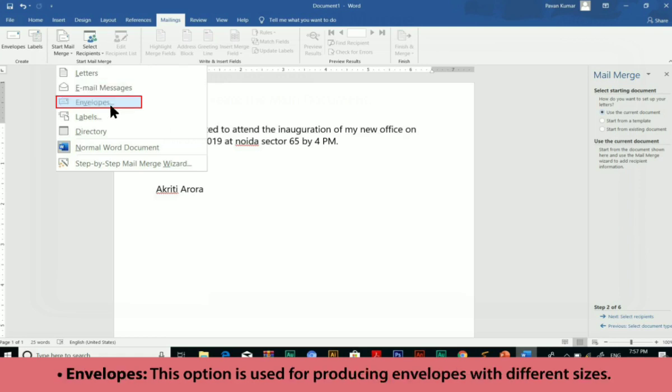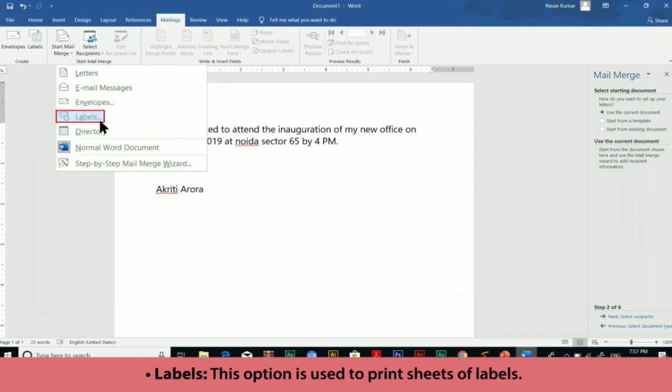Envelopes: this option is used for producing envelopes with different sizes. Labels: this option is used to print a sheet of labels.